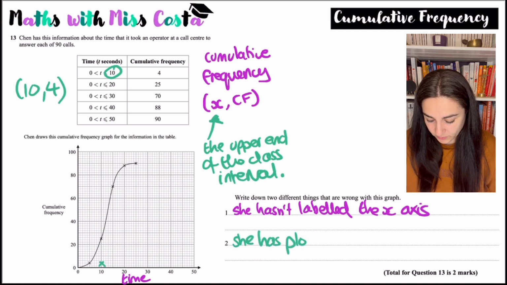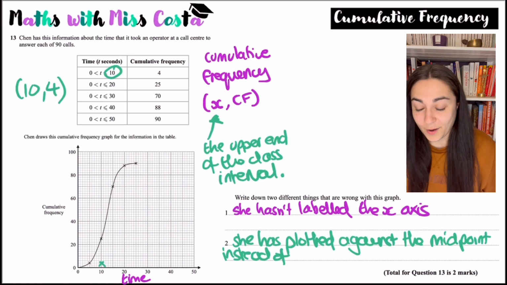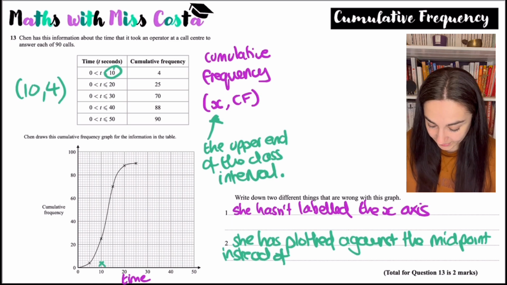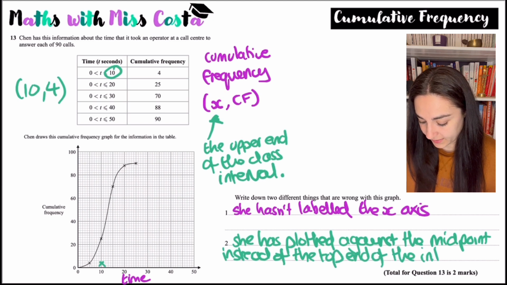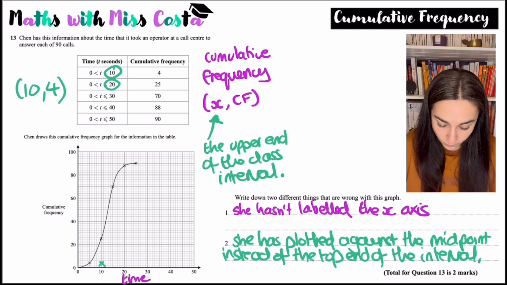What has she done? She has plotted against the midpoint instead of the upper class interval, or the top end. So instead of the top end of the interval, you always, when you're doing a cumulative frequency graph, always